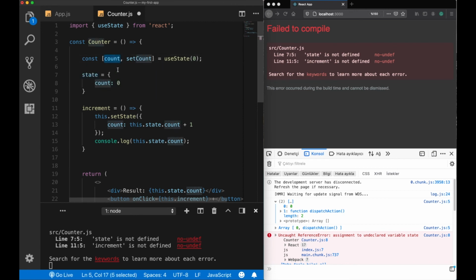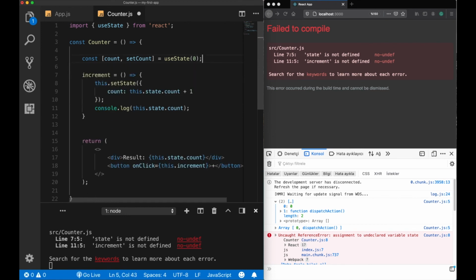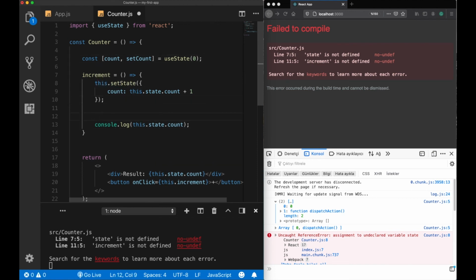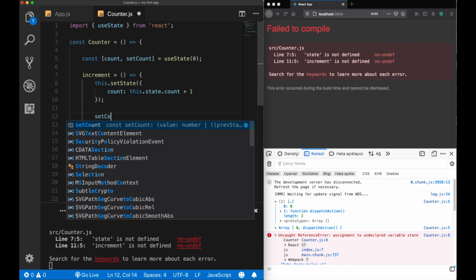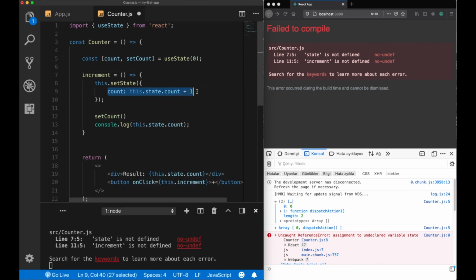Okay, now our initial state is 0, and we are going to use the setCount method for updating this. So let's do that. Now I don't need the state object anymore, so I clear this. And here, instead of using this.setState, I'm going to use setCount. I can just copy this